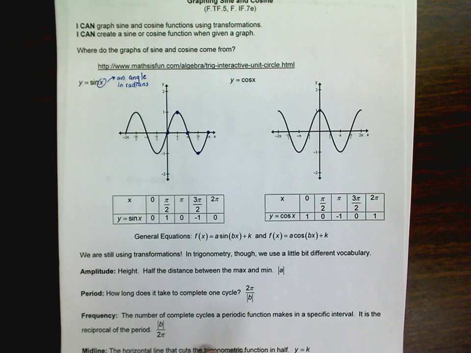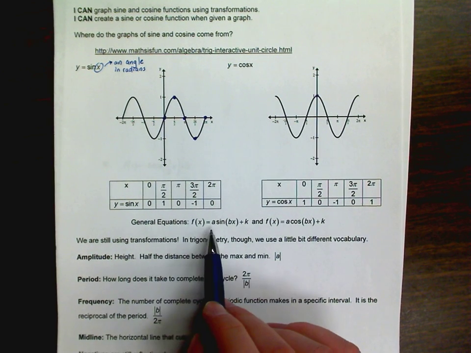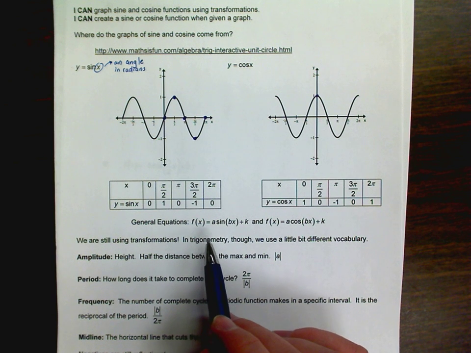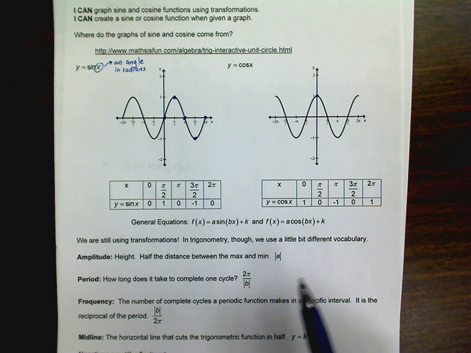Now, the general equation. We've seen general equations before, where there are variables that take the place of certain parameters. So here we have a, b, and k, where x is the variable, and cosine is the exact same way. So as we work through this, I'll just focus on sine or